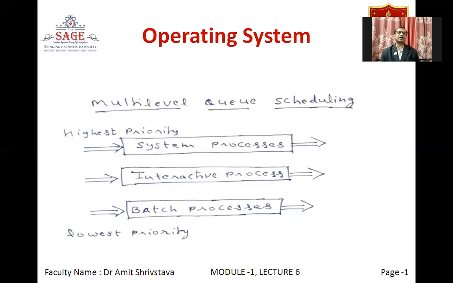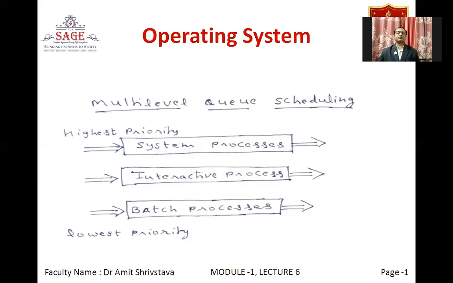So it means that some commands in my program fall into the category of system processes. Should I place my program into the system process queue? But let us say that after interacting with the hard disk, I take certain input from the user. Now that becomes an interactive process. So shall I place my program into the interactive process queue?